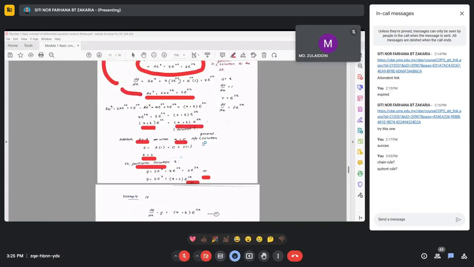Like just now, y equals 4, x equals 0. So this is not an initial condition. So values that are different for y and x, we call it a boundary condition. Okay. So this one is a boundary condition. y equals 4, x equals 0, different values. So we call this one a boundary condition.